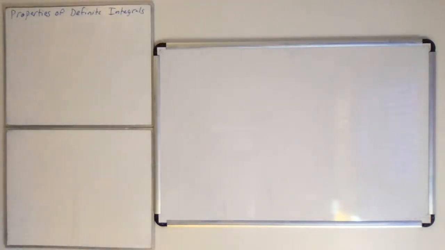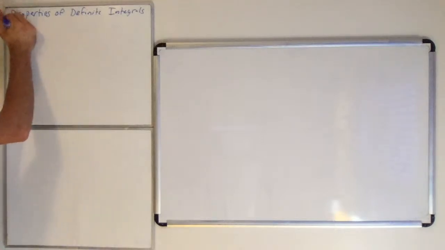All right, so today we're going to talk about some properties of definite integrals. Okay? So I have a list of, I don't know, there's 10 of them here. We'll start with the first 6 and then we'll look at some examples. Don't forget to smash the like button for calculus. Okay, so we'll start with,